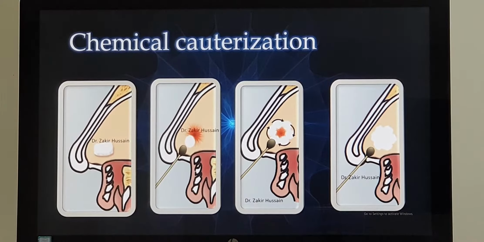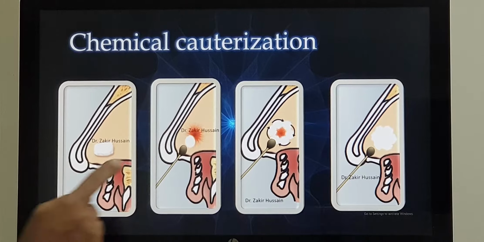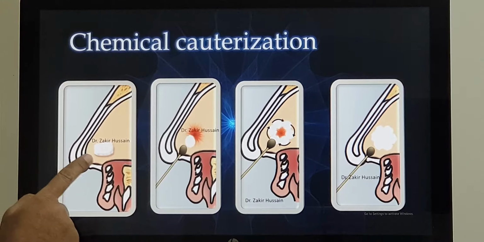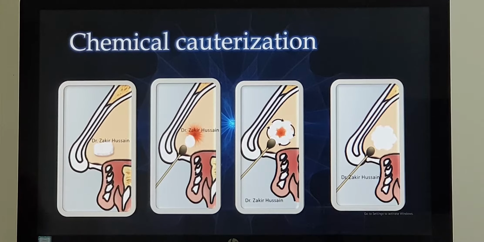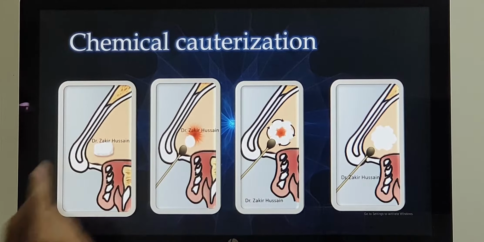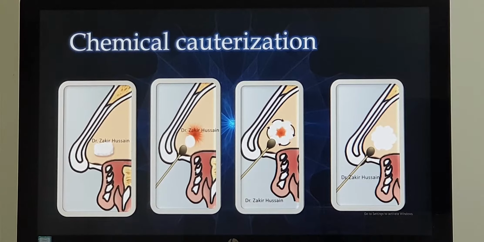Now, when you have a bleeding spot, this scenario usually is a child with a mild bleed in Little's area. If you want to know what Little's area is, please do watch my part 1 video. Little's area is a bleeding spot in the anterior-most lower part. Before starting cauterization, I like to anesthetize the area. So, I will keep a small cotton pledget with a combination of local anesthesia as well as a decongestant. I will remove this after 5 minutes, and I will start cauterizing from the sides. I will cauterize all around, and finally I will touch the bleeding area, followed by application of an ointment. So, these are the diagrams.